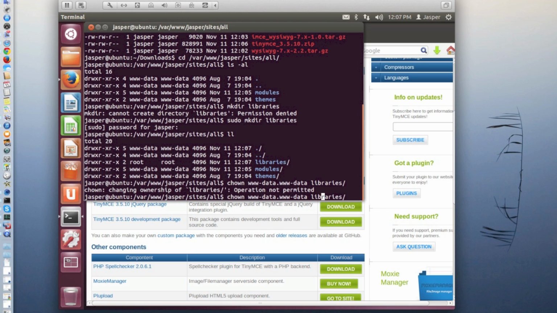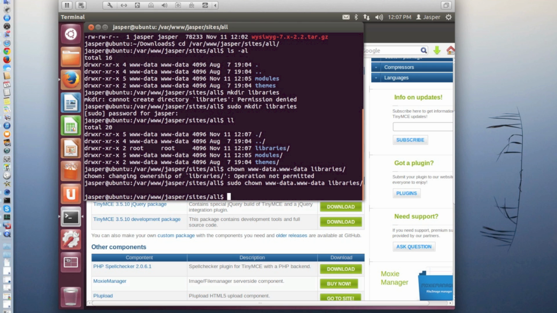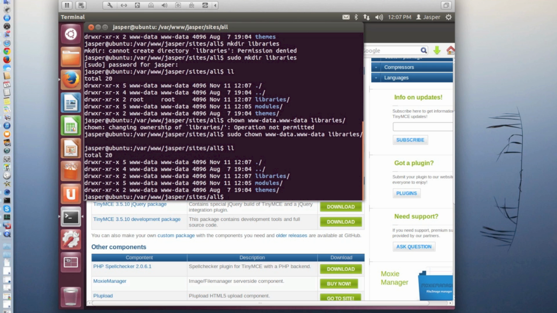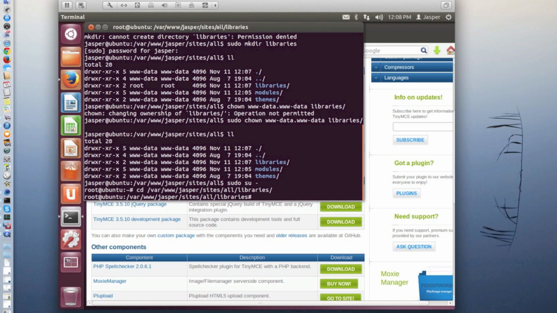Also here, same mistake. Sudo. And I'll go now to sudo -. Now I'm root. I must go to the same directory again, www Jasper sites all and libraries, and